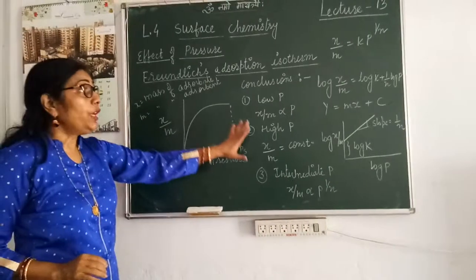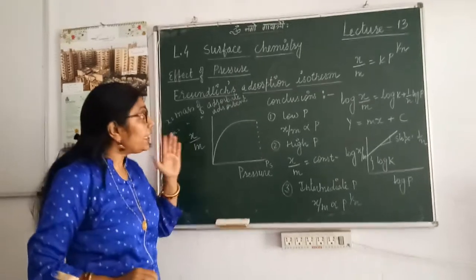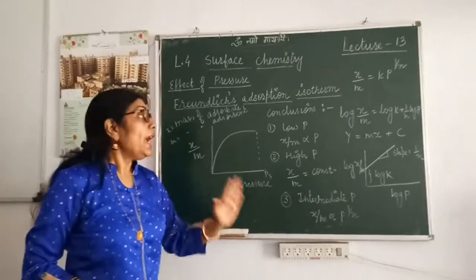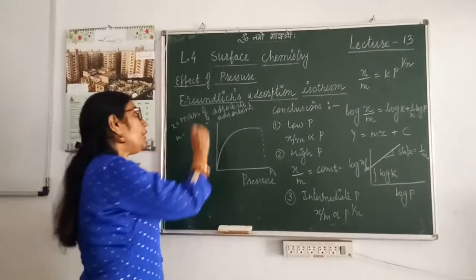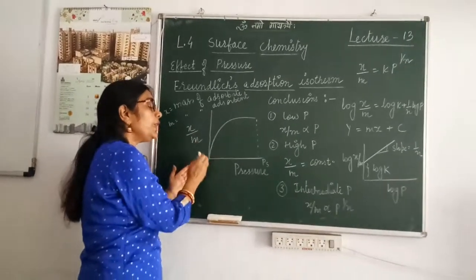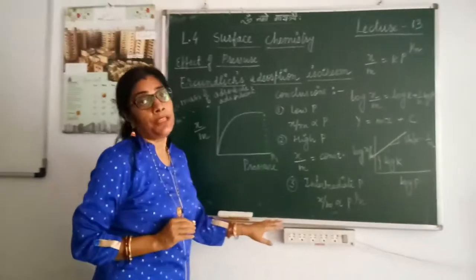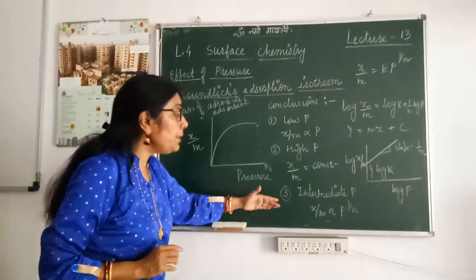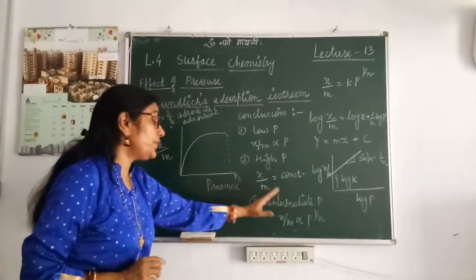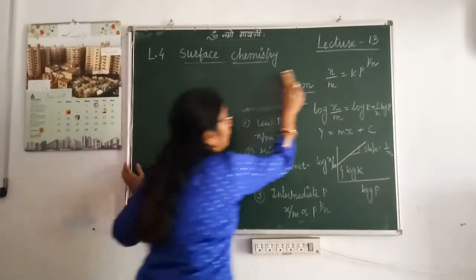Very important, my dear students. This question comes under 2 to 3 marks: explain Freundlich's adsorption isotherm graphically. When you are asked this question, you must draw both these graphs. First of all, show how the initial graph increases linearly, and afterwards show the straight line equation, and you have to write these 3 points as well: at low pressure it is directly proportional, at high pressure it is constant, and at an intermediate pressure there is a specific value which is given.